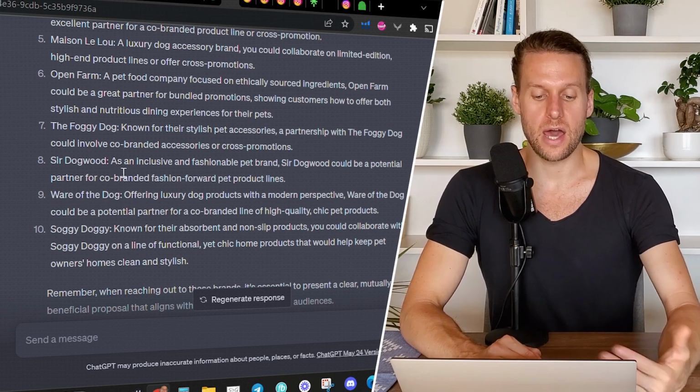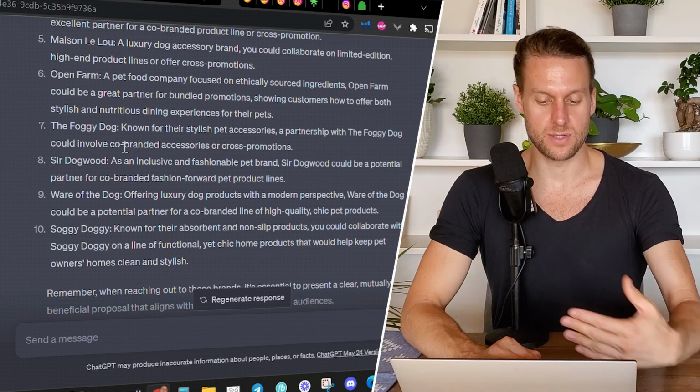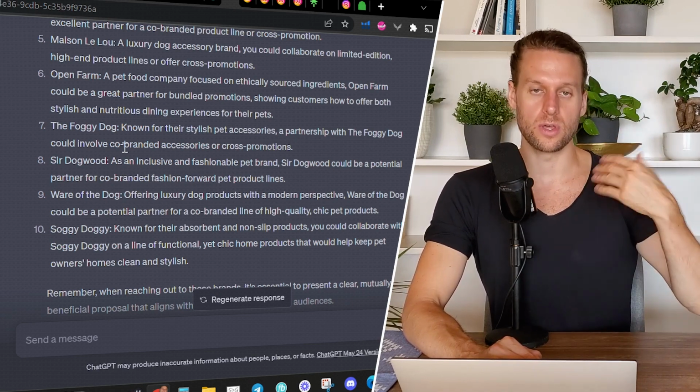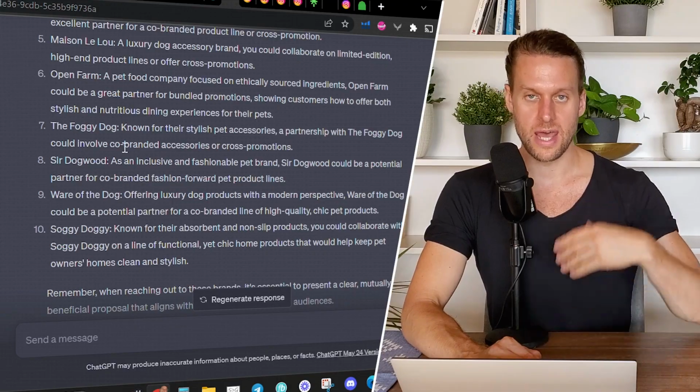And once we run out of ones that are actually applicable to us, we could have ChatGPT create another list and just keep going through like that until we have a couple dozen. And again, only a portion of those will agree to the call, and only some smaller portion of those will actually do the partnership with you. So you have to have a big enough front end of this partnership funnel for this to actually work.